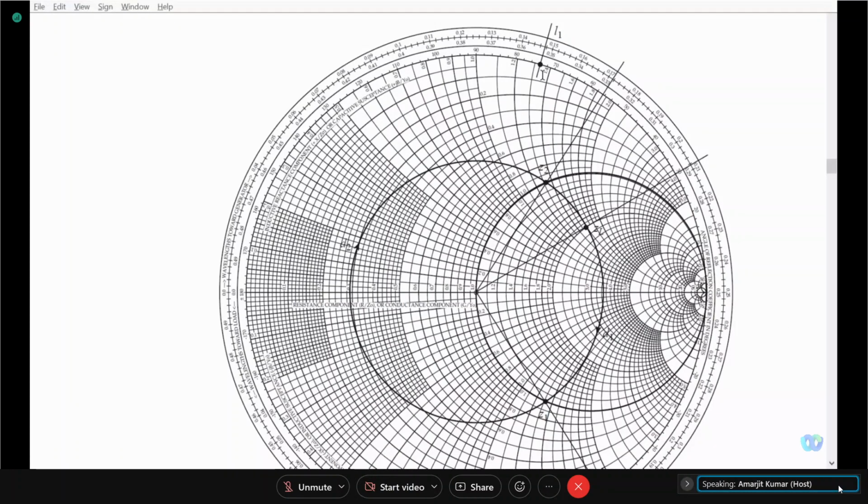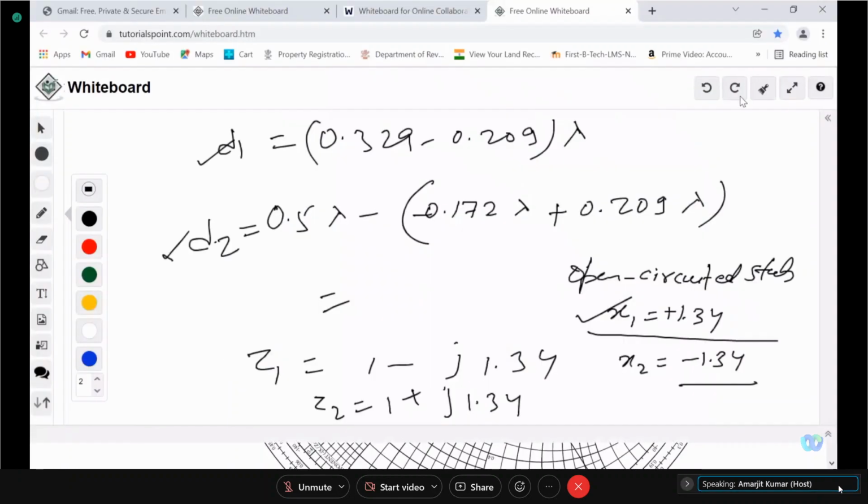Okay. So 0.5 lambda minus, what is this? This is 0.148 we can take, 0.148 lambda, and it is 0.25. So we can write like